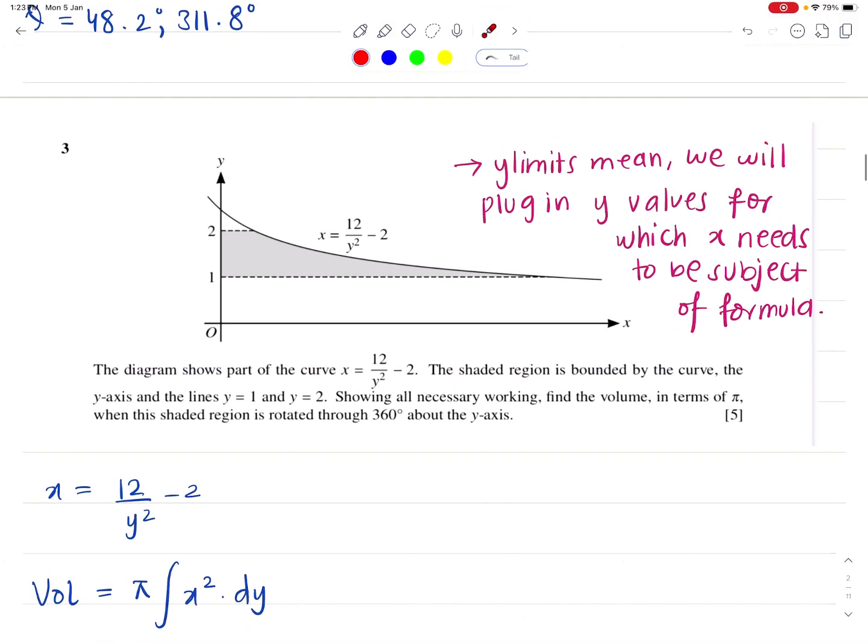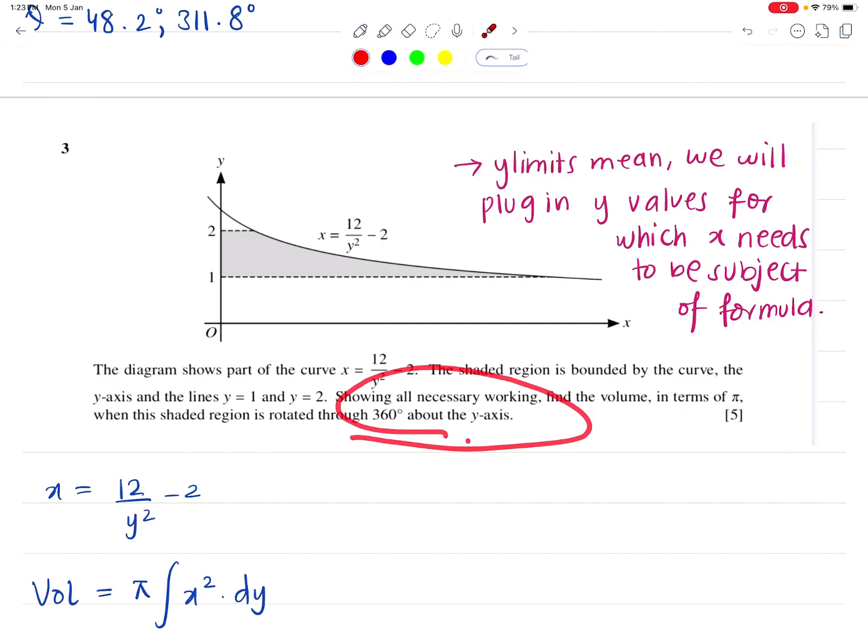Anyways, moving on to question number 3, it says the diagram shows part of the curve x is equal to 12 over y square minus 12. The shaded region is bound by the curve and the y-axis and the lines y is equal to 1 and y is equal to 2. Showing all necessary working, find the volume in terms of pi when this shaded region is rotated through 360 degrees